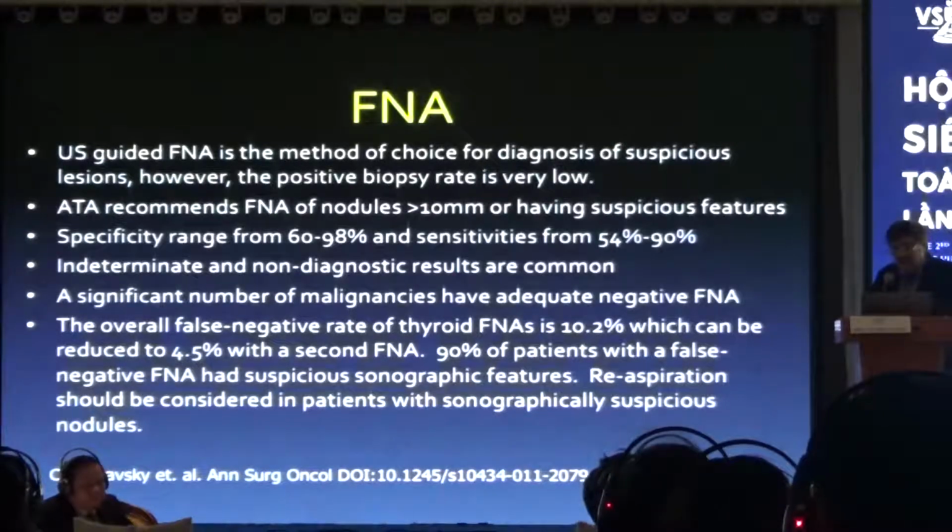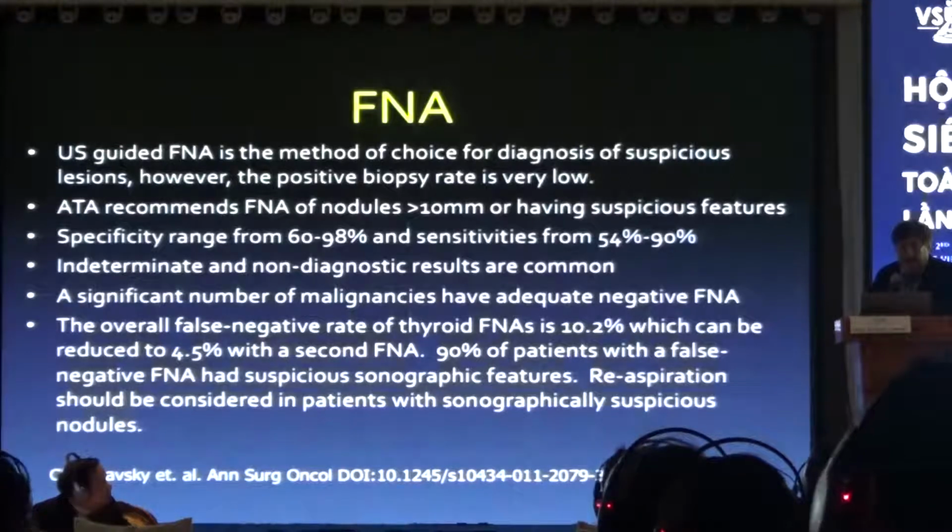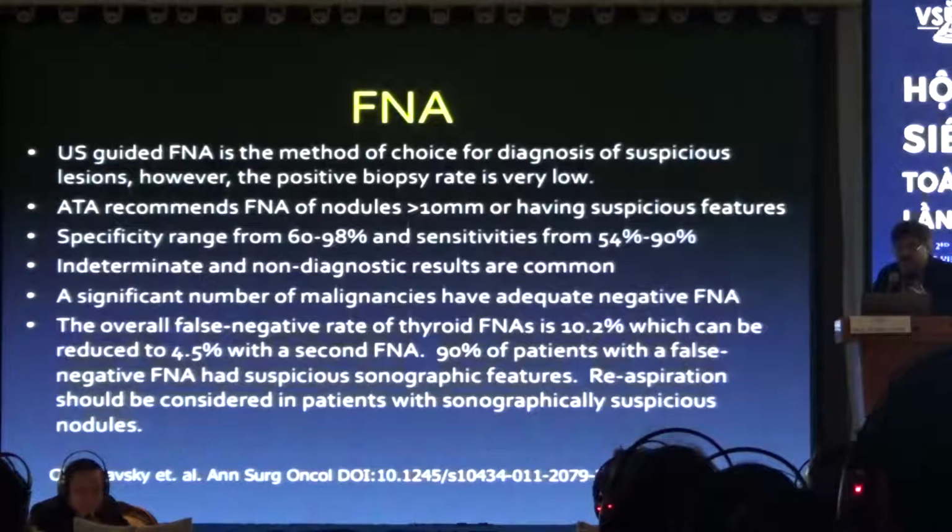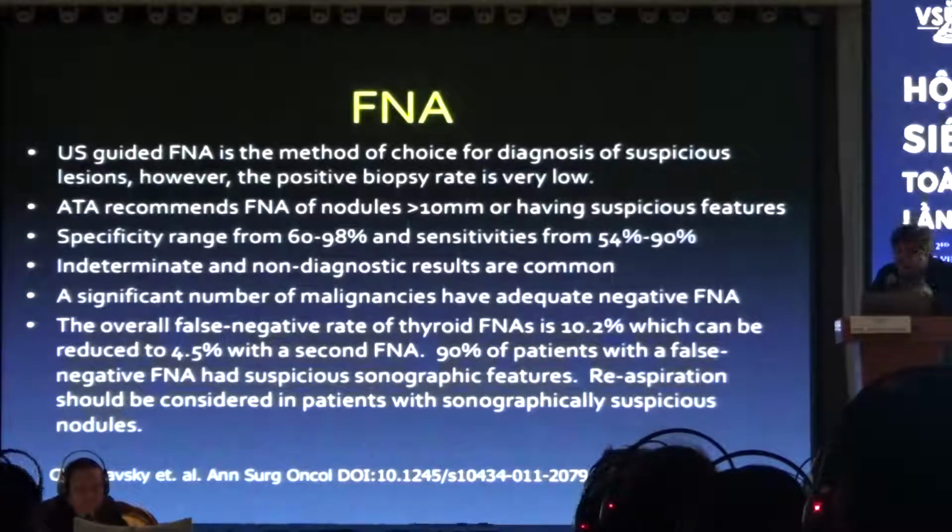So it's very confusing, and there are now, I think, 4 TI-RADS that came out, so again, very confusing. And the specificity ranges from 60 to 98%, and sensitivities from 54 to 90%. And indeterminate and non-diagnostic results are very common. In our practice, we get about 15% non-diagnostic results, and we have to repeat those biopsies. A lot of these are just colloid cysts, and if we don't get cells, which we're not going to get from a colloid cyst, the pathologist is going to call it indeterminate, and the doctors keep sending them back